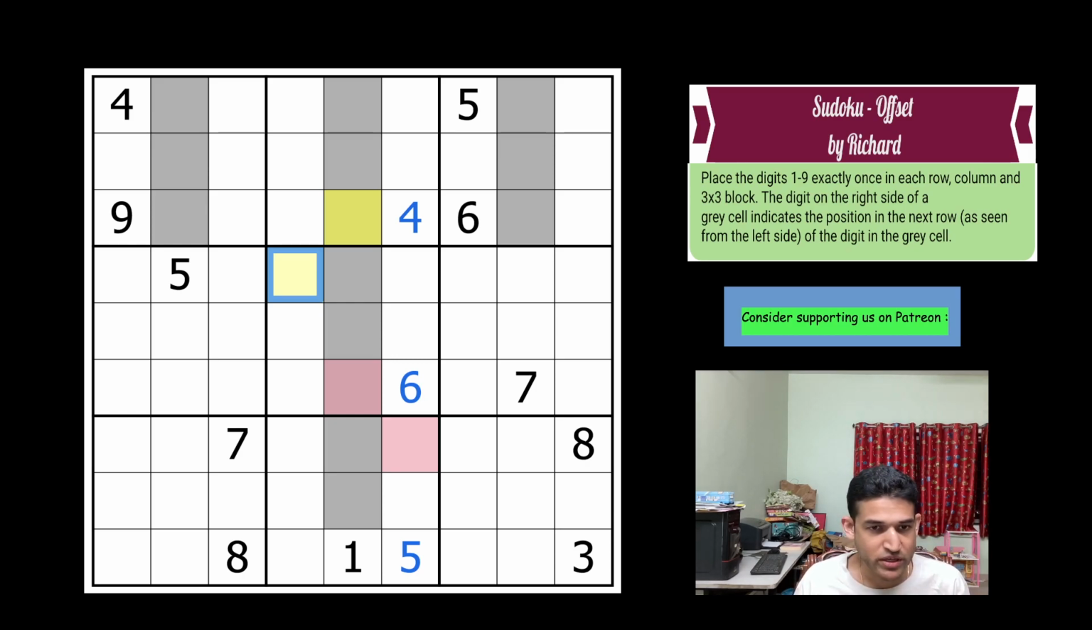Right. Now look at these pink cells here. It cannot be 4, 5, 6, it cannot be 7, 8, or a 1. So this will be 2, 3, and 9. And this is also 2, 3, 9. Both are equal. Excellent. And then,